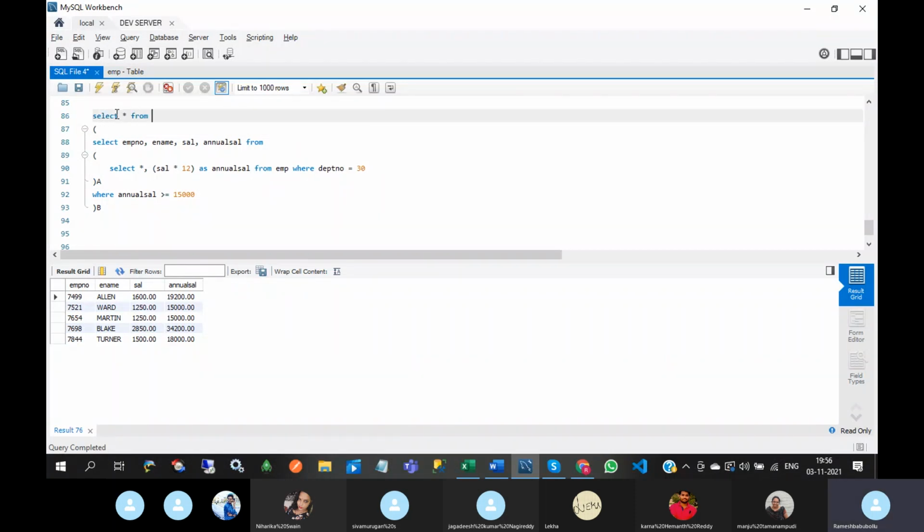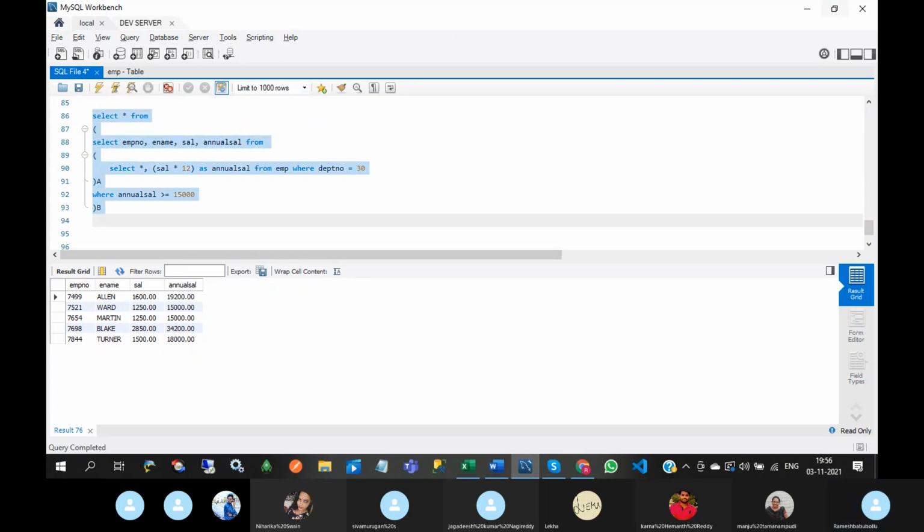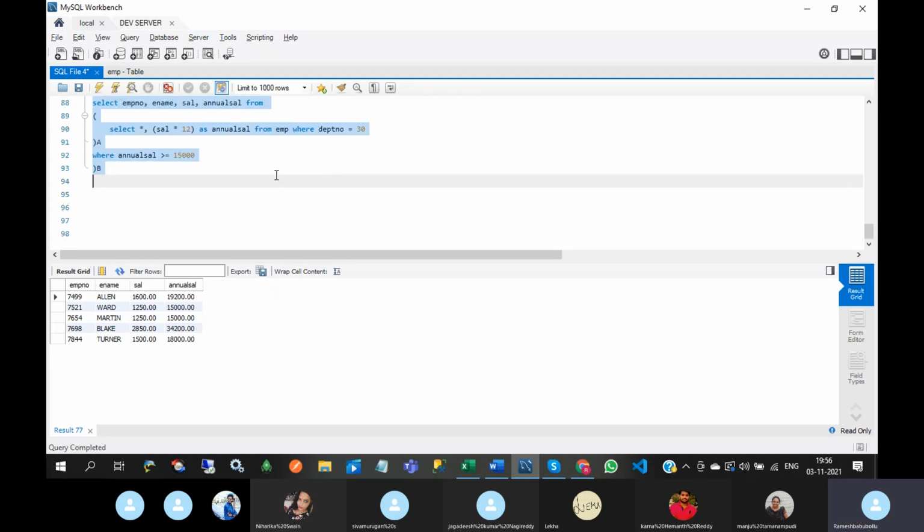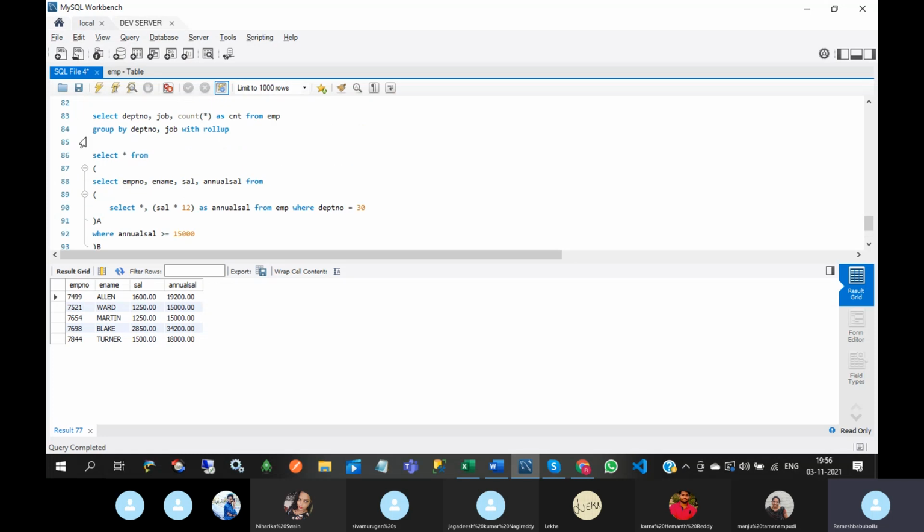Select star from, okay, so here you can put another condition like salary greater than 1500.